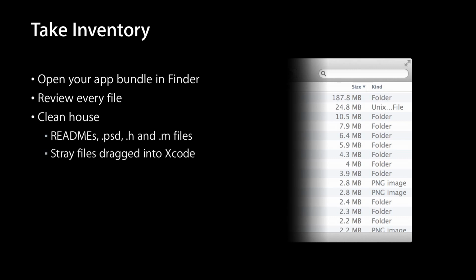So we regularly will find things like README files. We find Photoshop documents in apps. iOS doesn't render Photoshop documents, so why is it there? We find source files, things copied in from third-party libraries. A lot of these end up in your app bundle simply because you dragged it in Xcode and inadvertently added